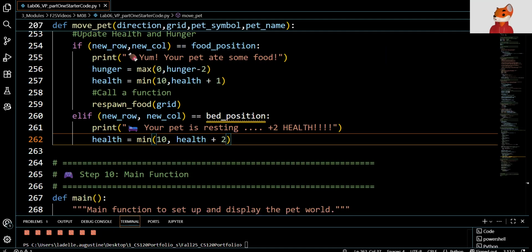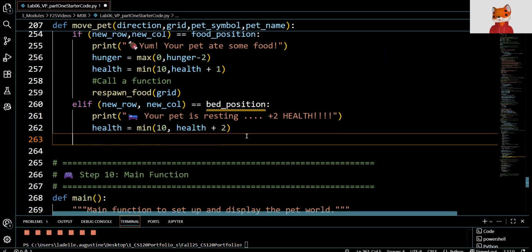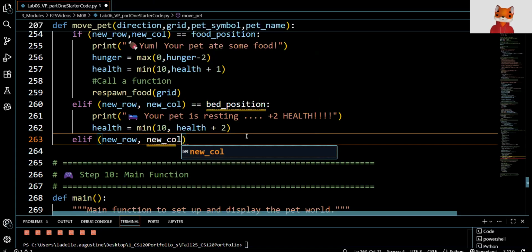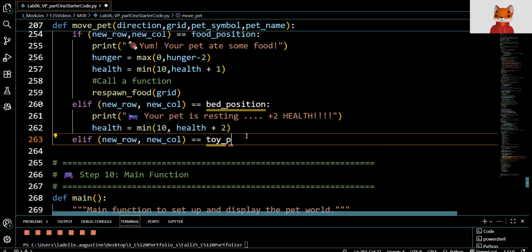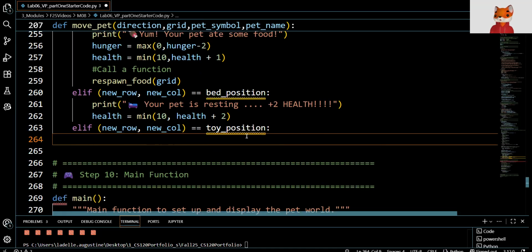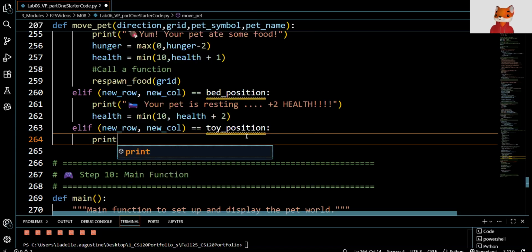Okay. And we're going to move on to the next one, and I'm going to just fix this in a moment. So the next one, we're going to do elif, and we're going to go ahead and check, make sure that we're using new row, column, and new column. And then we're going to say if that is equivalent, and it's probably going to be the same, toy underscore position. Then inside of here, we're going to print out,